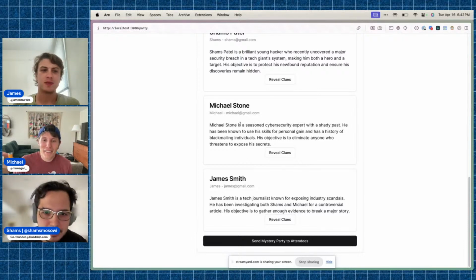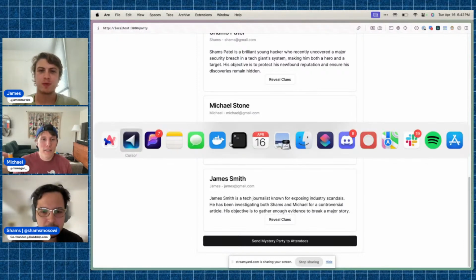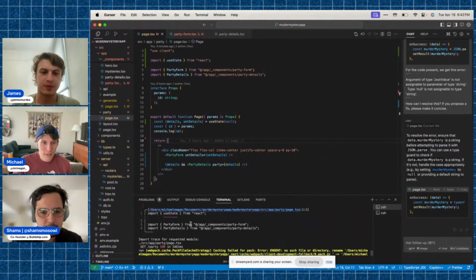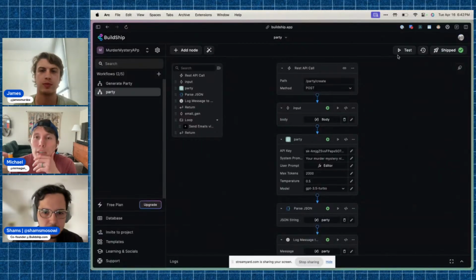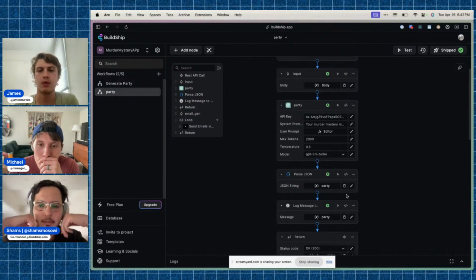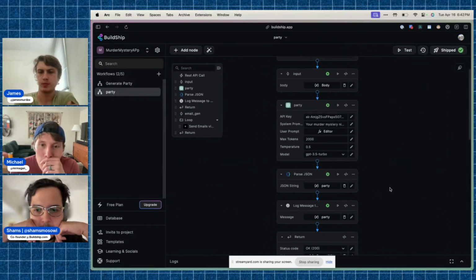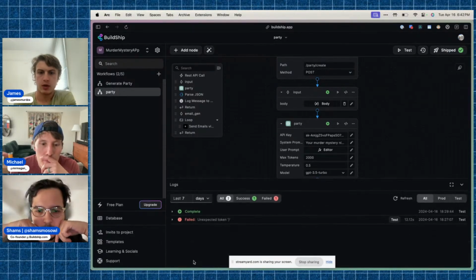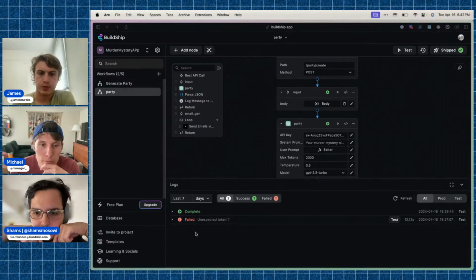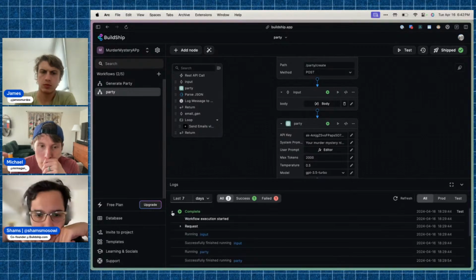Yeah, right? I guess. We could look in here, or we could look at BuildShip because it should log it. When you log something, where does it show up? It's in the logs at the bottom. Okay. If you refresh, I think that one is new.